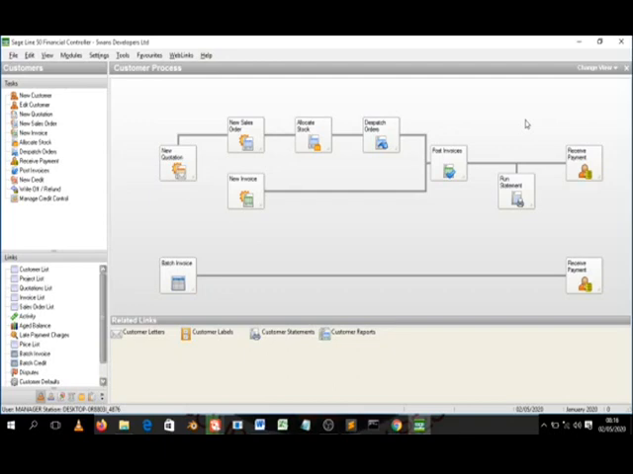I will start with setting up of company, and that is done from file. Now I need to take you through Sage dashboard, and this is how it looks like. You can see up here, this is called menu bar,